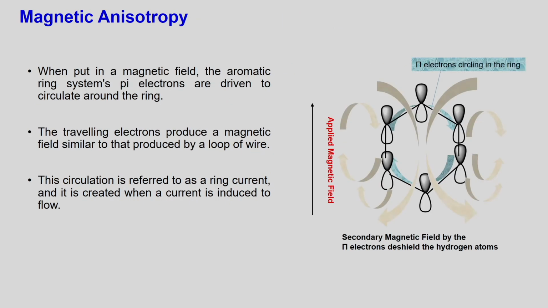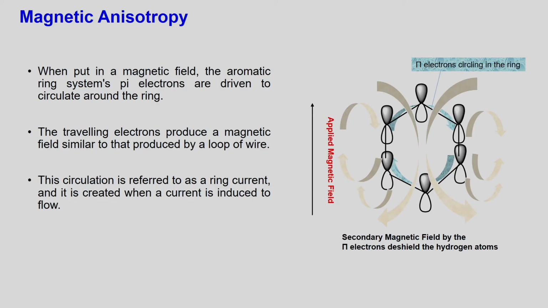So, now the curious case of magnetic anisotropy. Magnetic anisotropy is very important in the case of aromatics, or let us say alkenes or alkynes. For example, in the case of an aromatic, what happens? You have a ring, here the aromatic ring is here, fine. You have the ring pi electrons. These pi electrons are actually circulating, okay. These blue ones are the circulating pi electrons.